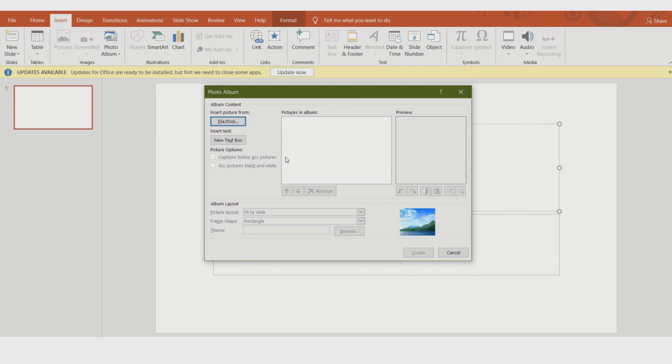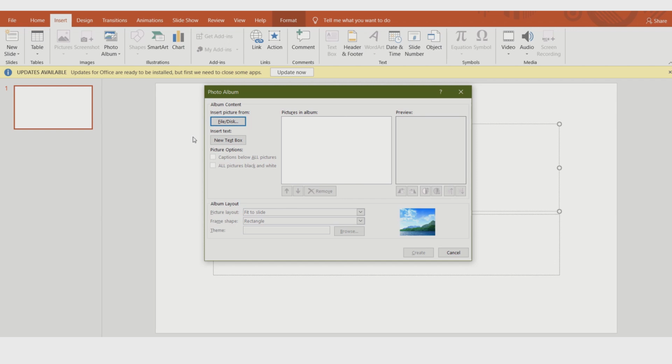The photo album dialog box appeared on the screen. This is the photo album dialog box. You have to insert different photos using this dialog box. So how do you insert these photos? Which photo you want to keep in this photo album?